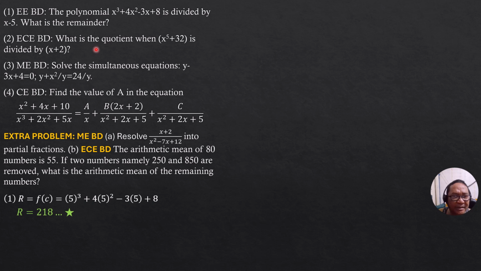I leave the other way, solution by synthetic division, although I'll have synthetic division in problem 2 so that you will be able to recall techniques on synthetic division. For problem 2, what is the quotient when the quantity x to the fifth plus 32 is divided by x plus 2? Take note that x to the fifth plus 32 can be written as x to the 5 plus 2 to the 5. And in general, x to the n